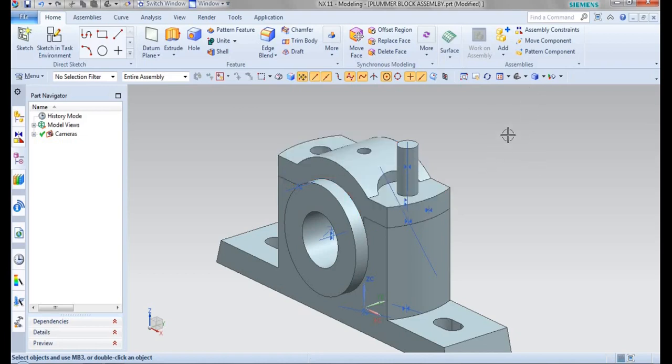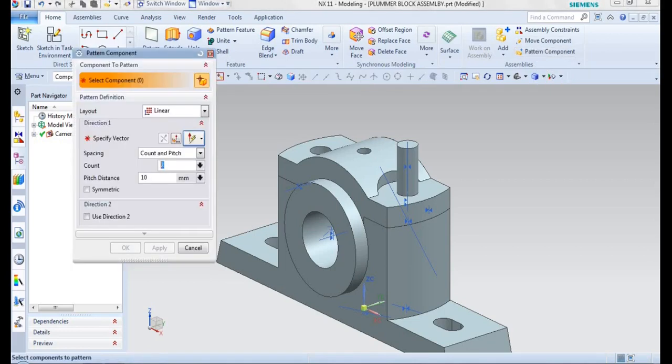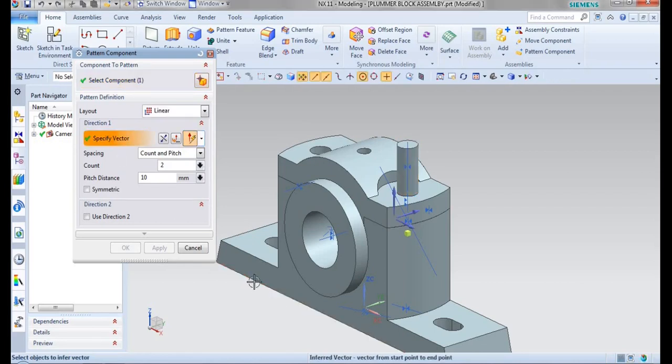In the same way, I have to create one more bolt on the other side. So instead of adding one more component, I will be going for pattern component. Here I will be selecting my pattern component and I will be selecting my component. Say this is my component to be patterned. Under pattern definition, I will be selecting linear operation, and here I will be selecting the direction, say in this direction, count should be 2, and then pitch distance.